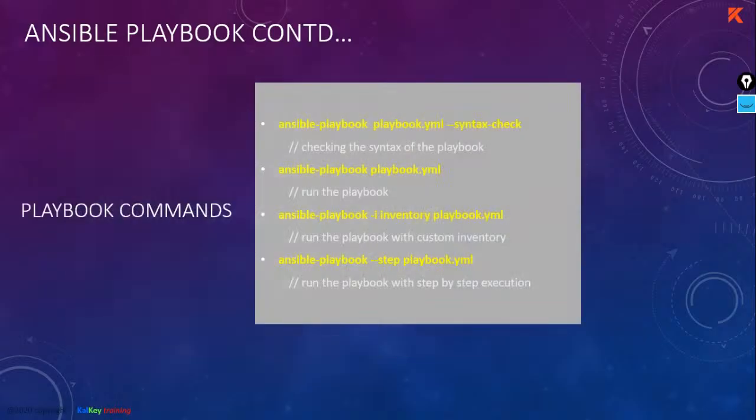So there are a few playbook commands. Like in Terraform, you also have some simple commands. This is the beauty, that these tools don't complicate your life. Your life is simple. Why? Because everything will be internally handled. You have to give only simple commands like